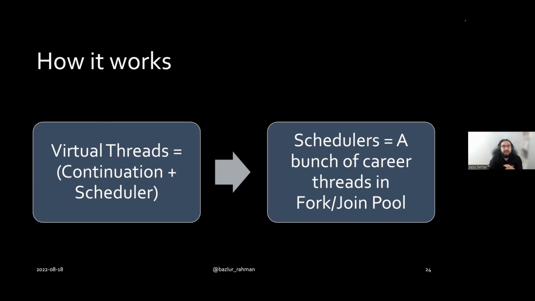And then those virtual threads which are suspended, they will be resumed later when there is a result. So let's say it is waiting on an IO operation. When the IO operation is done, it will get notified and it will resume again. It will get a chance to be executed. But the fork join pool that's executing all these virtual threads is always busy, always executing. So our CPU is not wasting. Our CPU is not waiting.